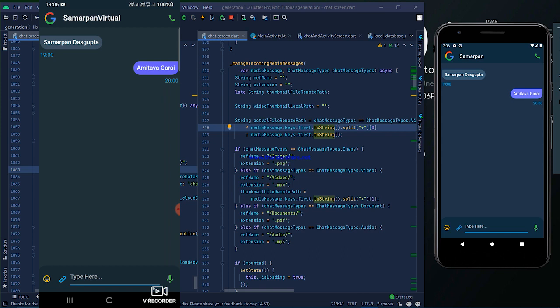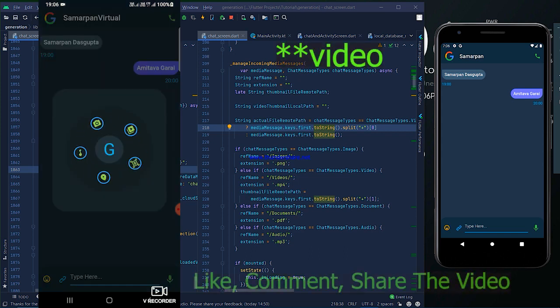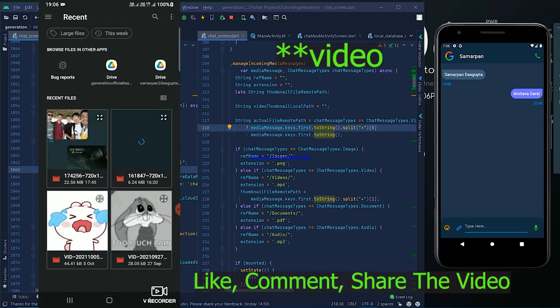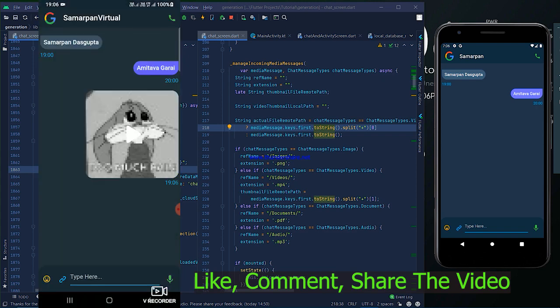So let's take a video from the physical device's local storage. I long press here and take a video, and I send it from the physical device, and it will arrive very soon in the virtual device. It takes some time to upload that video.